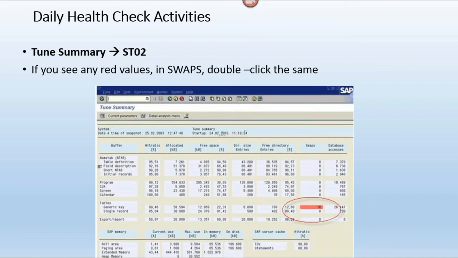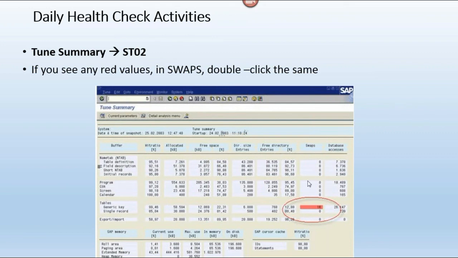Got my point? If we find some red color numbers, we need to mention in our daily health check activities which buffer area swaps is more. For example, the program buffer swaps is more.